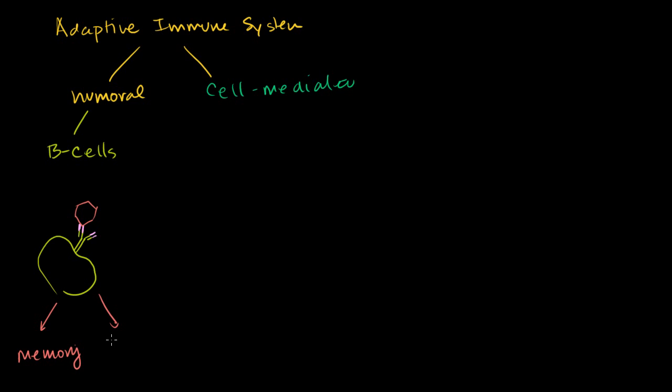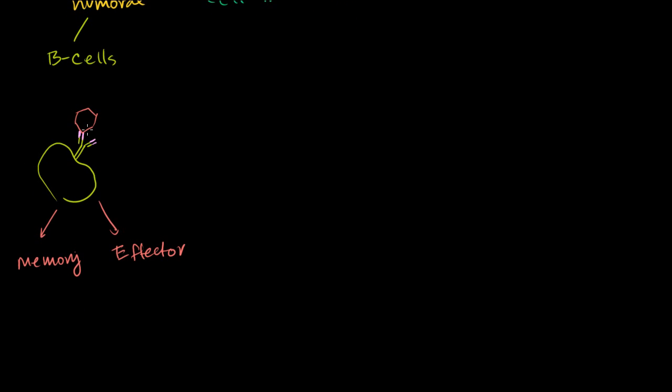And then you have effector cells. These are essentially, so both of these are B cells. So this guy, once he gets activated, he proliferates. He keeps dividing and cloning himself. The memory cells just stick around, waiting to be activated in the future. And I'm only drawing one of these membrane-bound antibodies, but there are actually 10,000 on the cell. I could draw a bunch of these. I don't have to just draw one. The memories just wait around, but there's more of them now. So in the future, if we get this virus again, this interaction is going to happen faster, and so they're going to get activated faster.